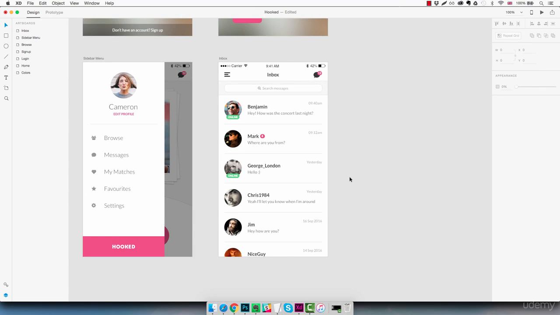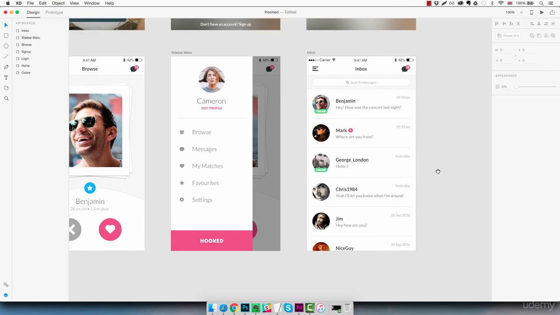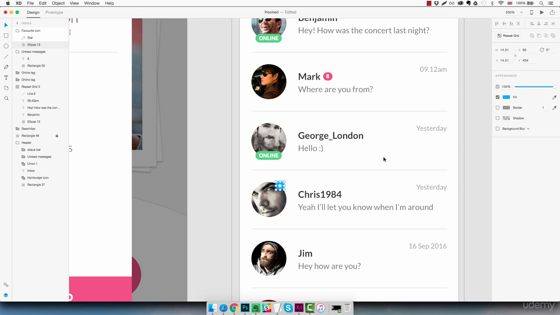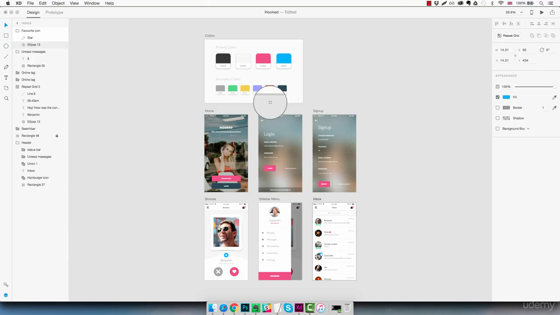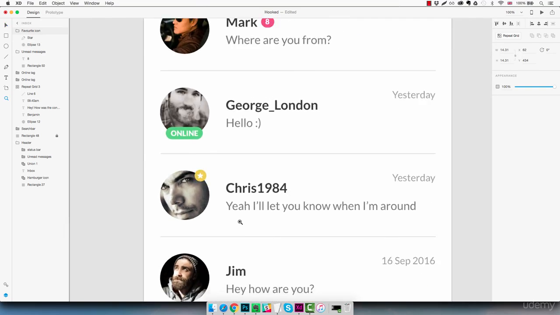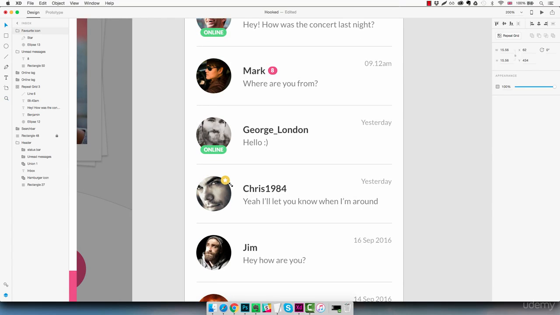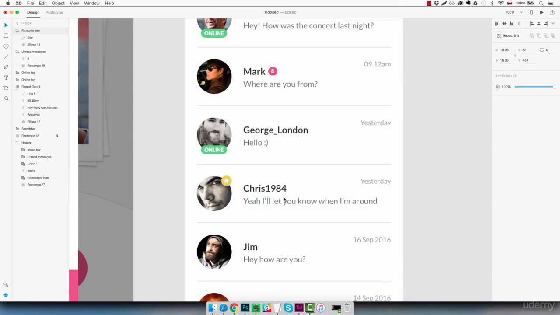Okay, then next we can add a little favorite icon, which we can get here as well, as we already have it. We're going to copy it and paste it back to our inbox. We're gonna make it smaller to about this size, move it on top here, and probably we can change the color to a yellow that we already have. Using the color picker, we're just gonna get it from here, and you can see it changed. Actually, it's a little bit too small. Maybe let's increase the size just a little bit, about this size,